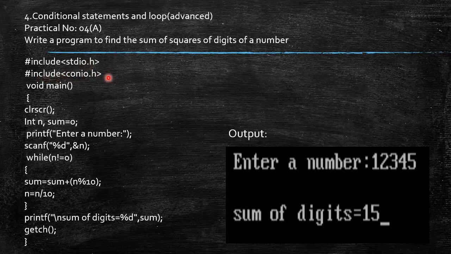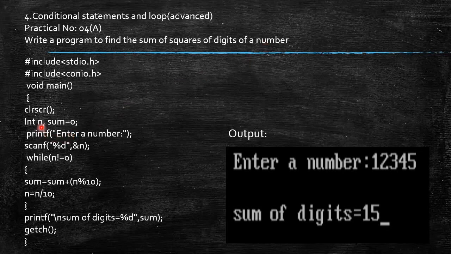Through this I can clear the previous output, as well as with the help of the getch function I will get my characters. Every program will begin with the main function, so that's why over here I have put void main. Now within the braces of void main, we have to type our program. This program is basically to find the sum of square of digits of a number. It will take a positive integer for the n variable and sum the square of its digits.